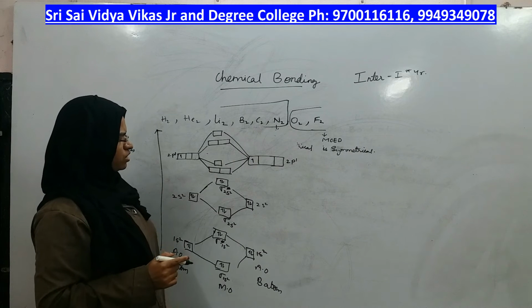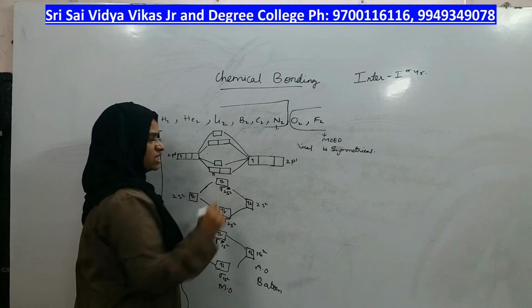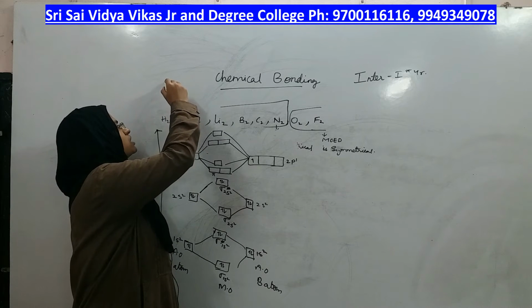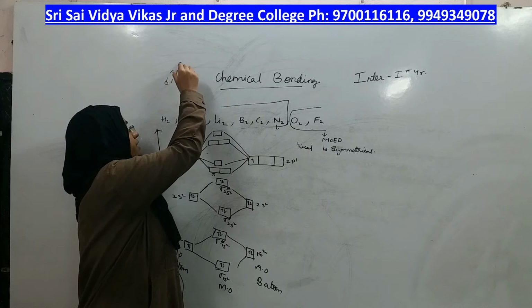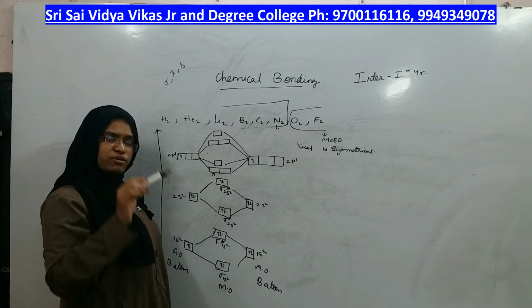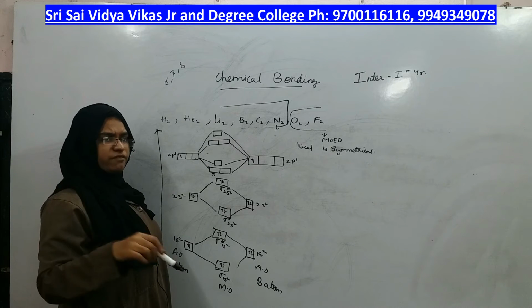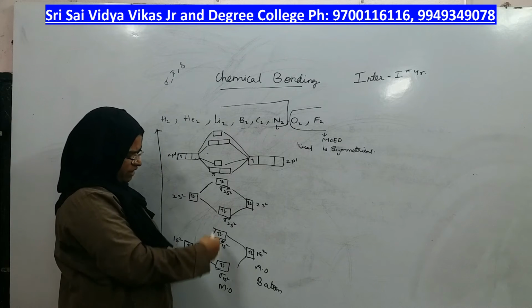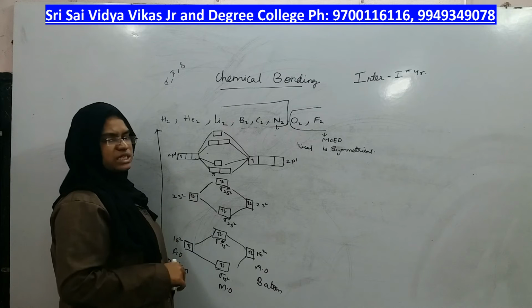Now what are these 2 orbitals? This is pi orbital, because I already told in the beginning, molecular orbitals are not SPDF. Molecular orbital is sigma, pi and delta, right? For atomic orbitals you have s orbital, p orbital, d orbital, f orbital. Same way for molecular orbital, sigma, pi, delta is there, right? Till now we have seen only sigma, but pi also will be there, which comes now, right?